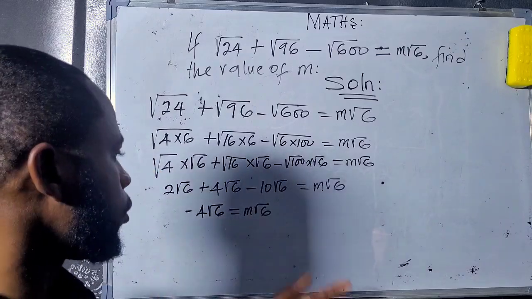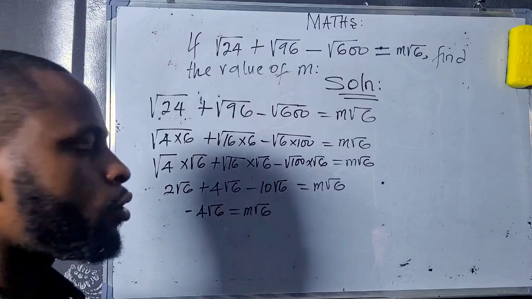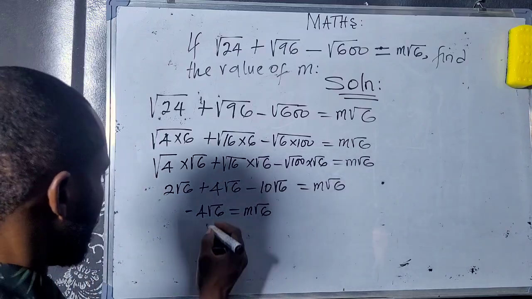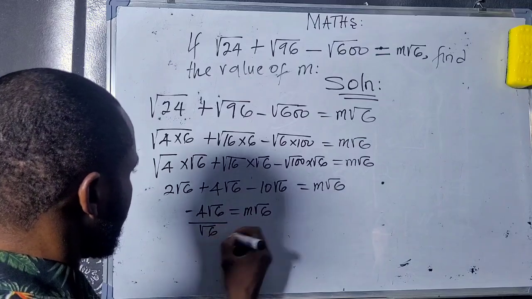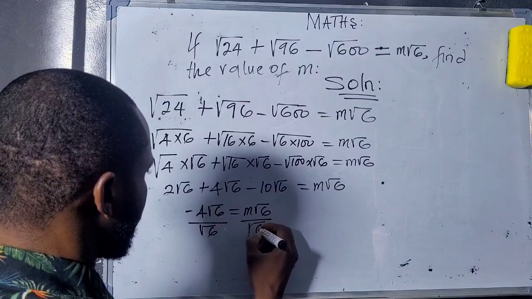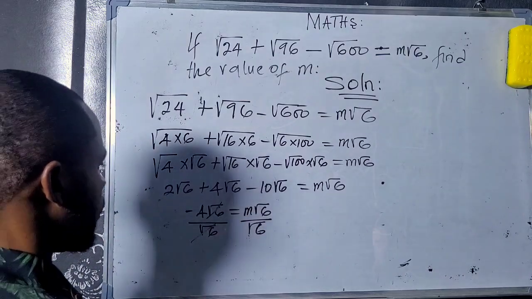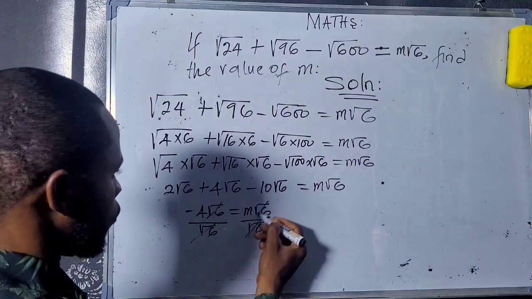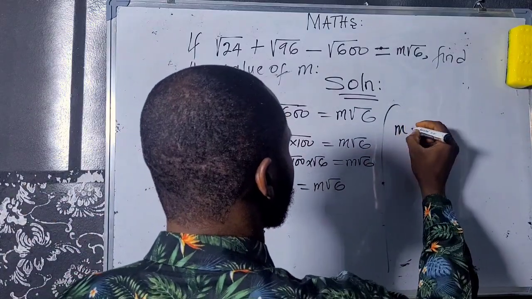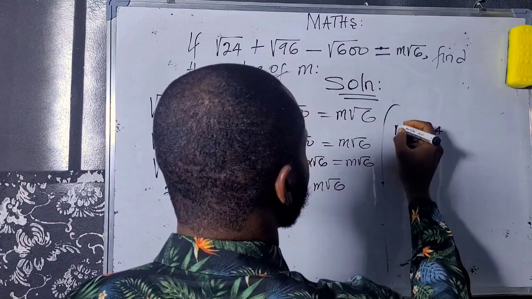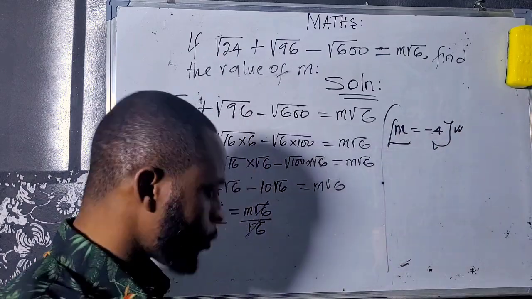Now the next step to be considered is for us to divide both sides of the equation through by root 6. Here we divide by root 6, and we divide this side also by root 6. Then root 6 will eliminate root 6 here, and root 6 will eliminate root 6 here. Then we have that m equals minus 4, and this is the value of m that will satisfy this equation